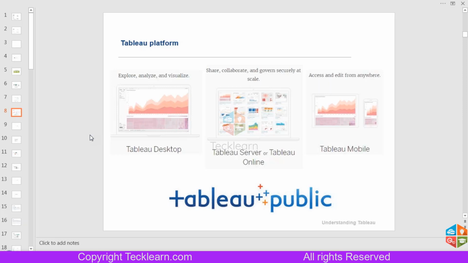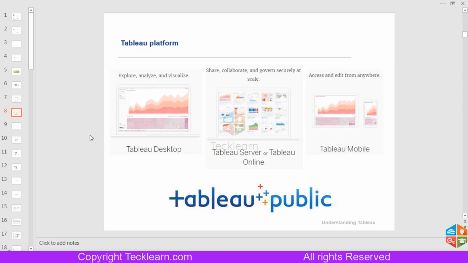So these are the three main products we have from Tableau. Another product we have from Tableau is Tableau Public. This is like a portfolio that you can maintain publicly. If you have an interview lined up and want to show your dashboards to an interviewer, to show what you have done in the past with the Tableau Desktop application, you can create those widgets and share them over Tableau Public.